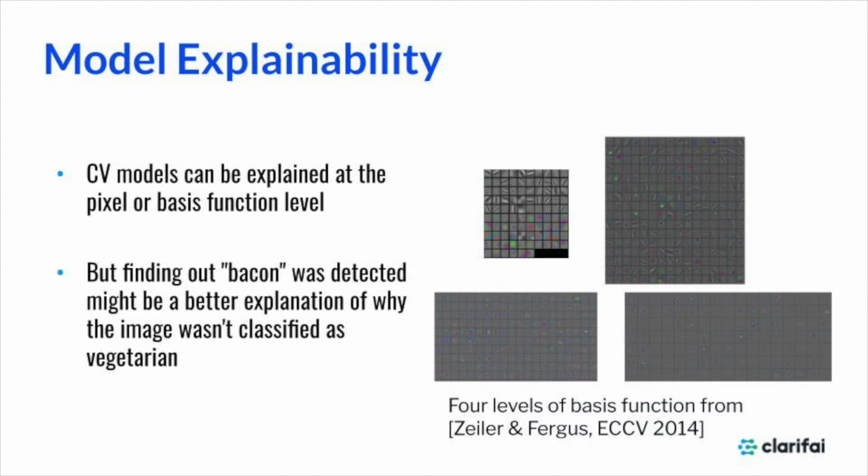And there's a couple ways you could do that. Clarifai actually did do some of the early work on visualization of the interiors of neural networks. And you can use that to try to figure out what's going on with your imagery when the model doesn't give you things that you want. But frankly, if you think about an end user's position, it's more informative to tell them things about the labels